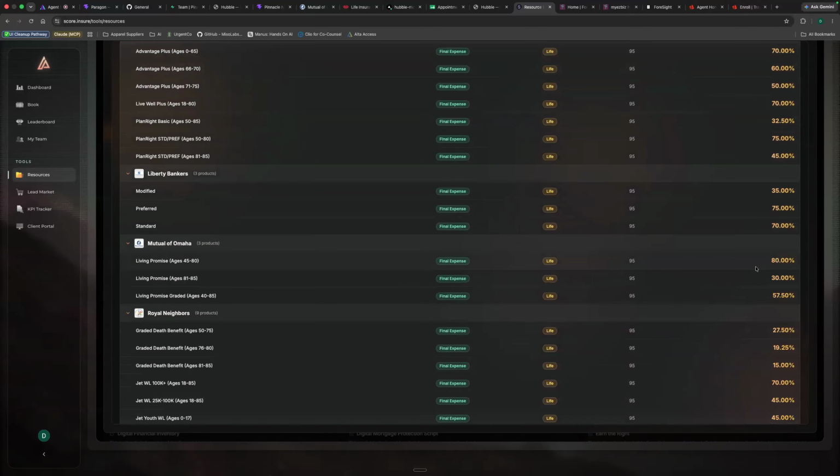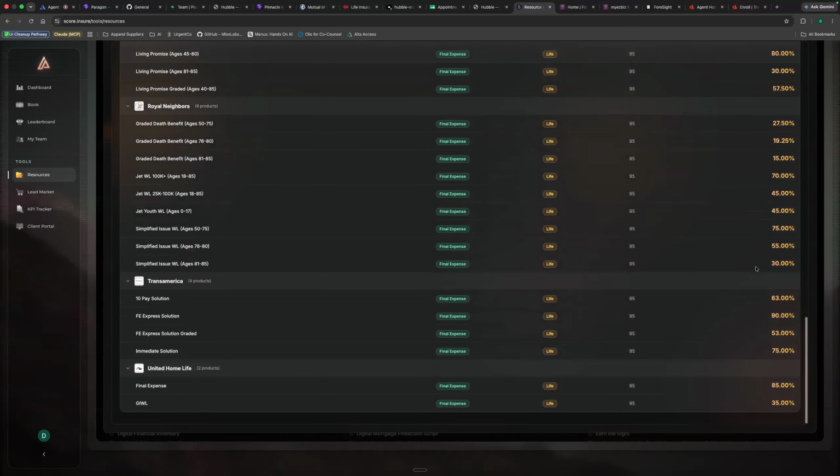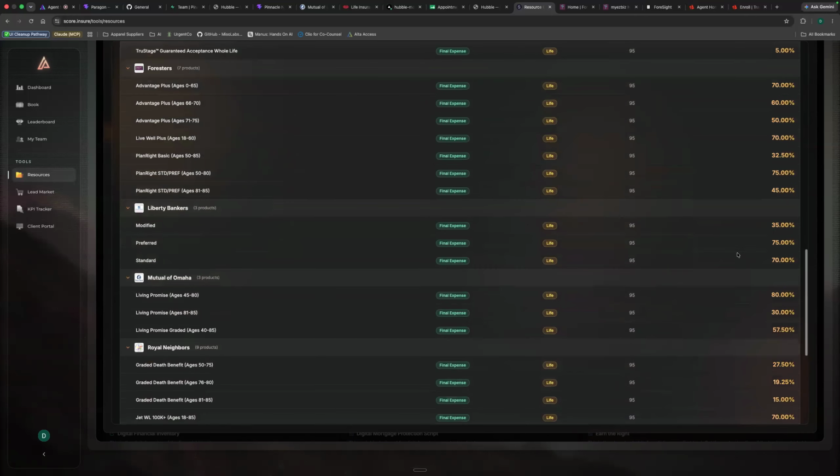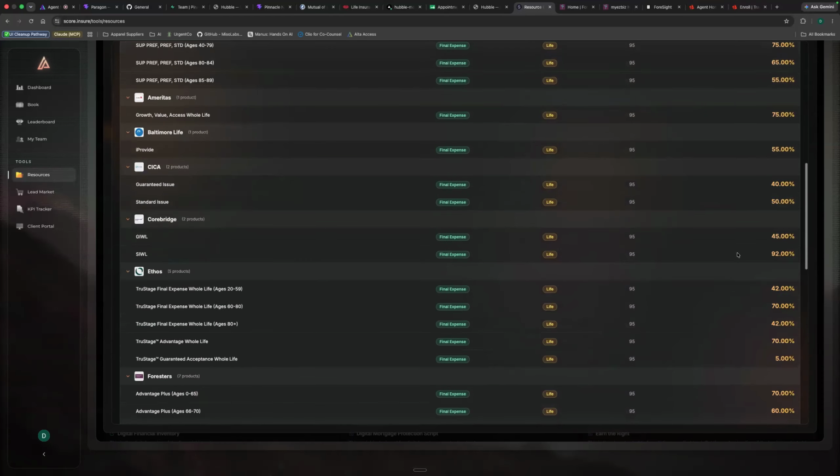Mutual of Omaha Living Promise is comp minus 15. So just take a look at these and you'll get a feel for it. Transamerica FEX is comp minus 5. So it's actually the best paying product